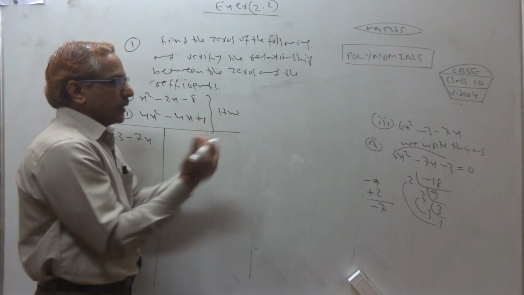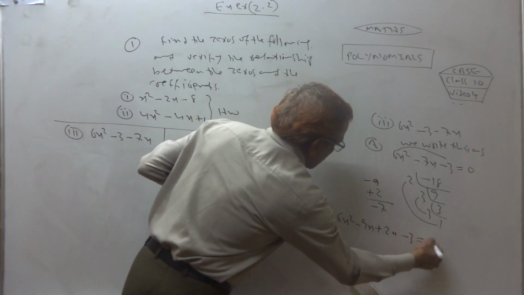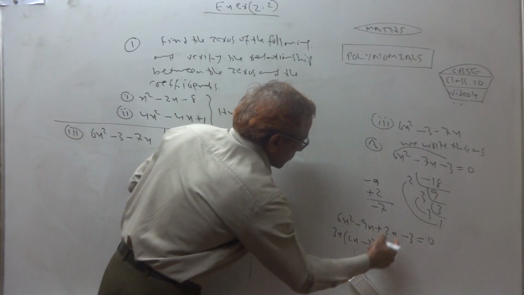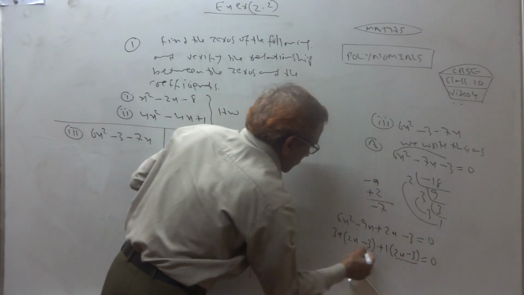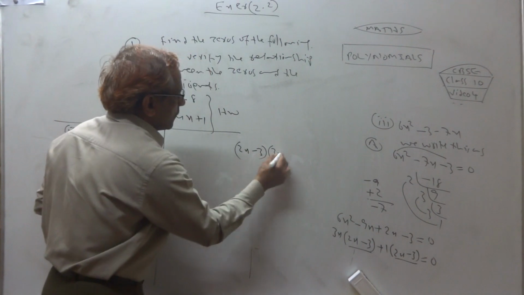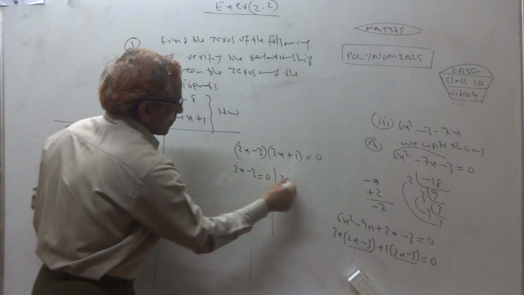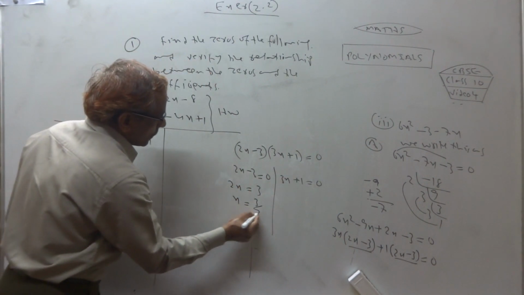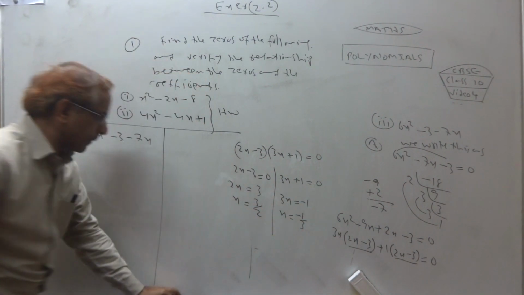So you know how to find zeros. Minus 9x plus 2x minus 3. 3x common here, 3 2s are, 3 3s are. Here 1 is common. Nothing common means 1 is common. These two are the same, we write one factor. This is the second factor. Separate them. 2x minus 3 is 0, 3x plus 1 is 0. So 2x is 3, x is 3 by 2. 3x is minus 1, x is minus 1 by 3. Okay.